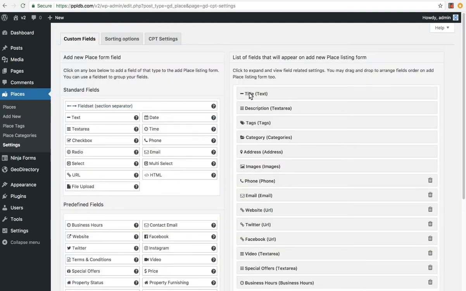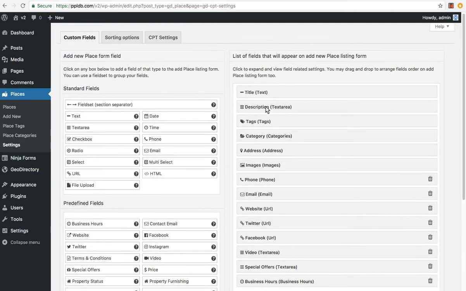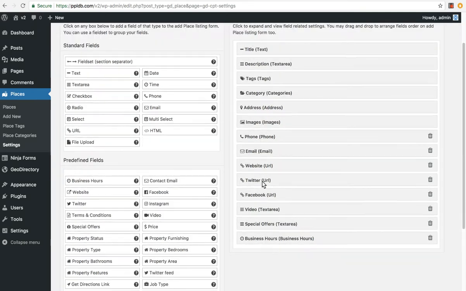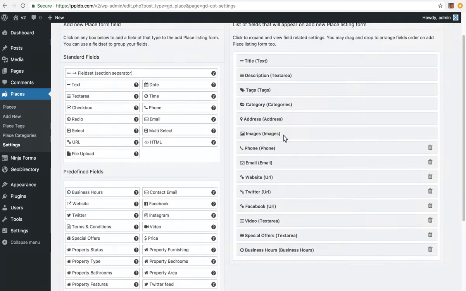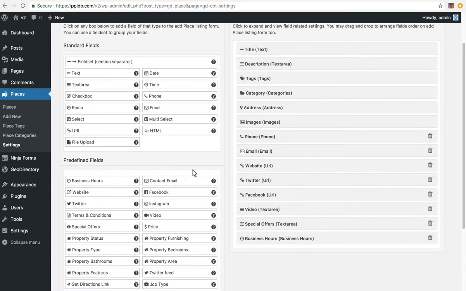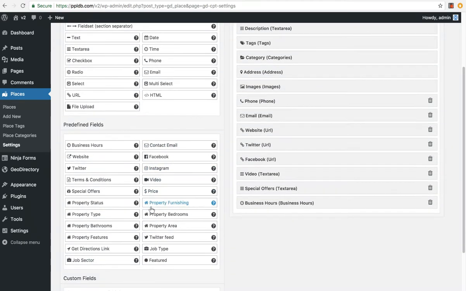And here it's quite similar, but everything has changed in the background. All the coding has changed. So now you can move title, description, tags, anything. You can move anything anywhere you want. Even enable, disable things that you never could before. Delete fields that you never could before, like phone number and email. And then you can also add them back. There's a few more